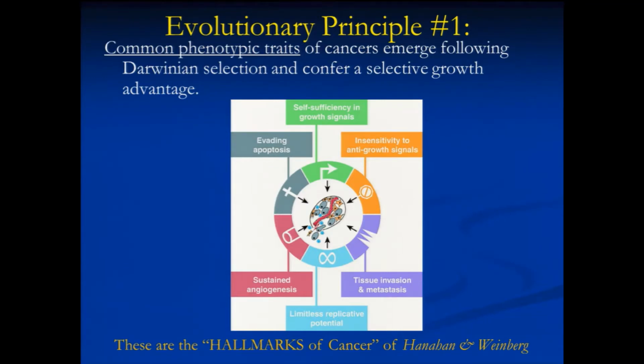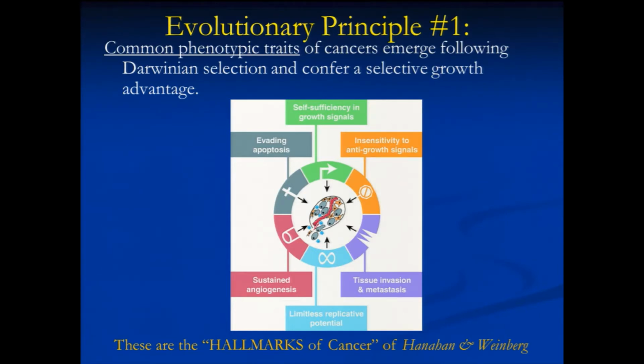So once again, this is the plot that was initially shown about the tumor hallmarks, and these are common phenotypic traits of cancers that emerge following Darwinian selection and confer a selective growth advantage. You'll notice that most of these, evading apoptosis, self-sufficiency in growth signals, insensitivity to anti-growth signals, and limitless replicative potential, have to do with that balance between cell death and proliferation that allows cells to then clonally expand and become